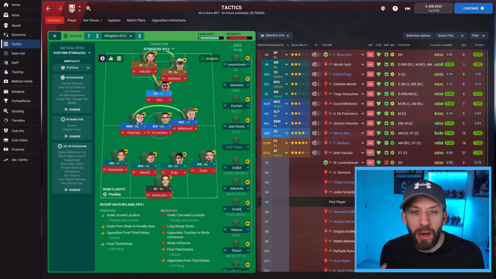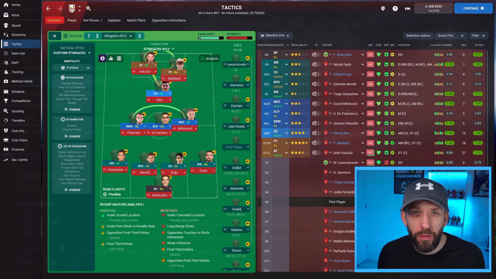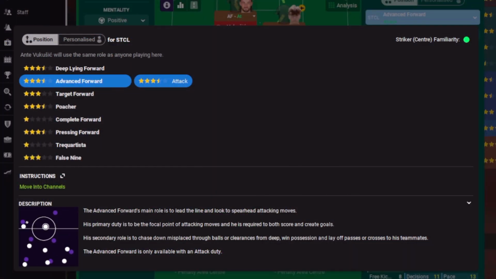So yes, we're covering advanced forward today, a position that fits into nearly every formation you can think of. By himself, up front with a couple, up front with 3. It's a great role. So what does the game make of it? Straight off the bat, the game tells you exactly what he does. The advanced forward's main role is to lead the line and spearhead attacking moves. So think Mbappe, the main man in your team. His main role is to be the focal point of your attack, to score and create goals. That's important. That's what differs him from a poacher. His secondary role is to chase down misplaced through balls or clearances, win possession and lay off passes to onrushing